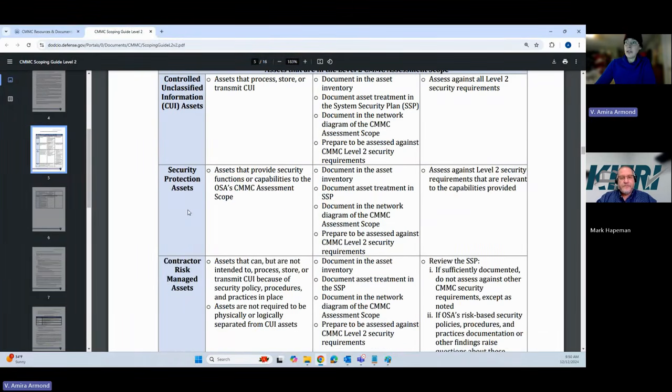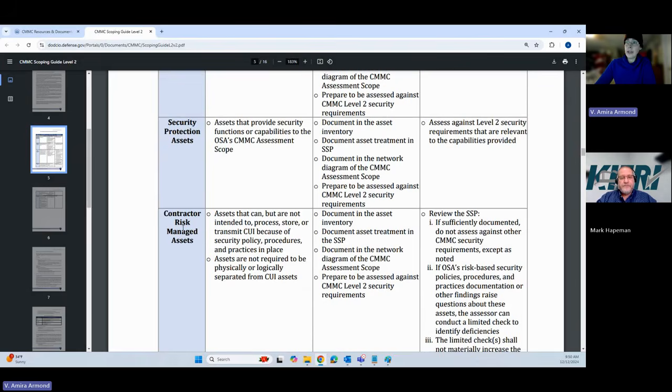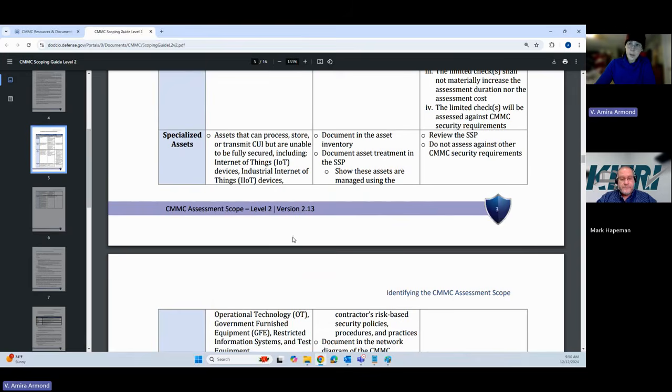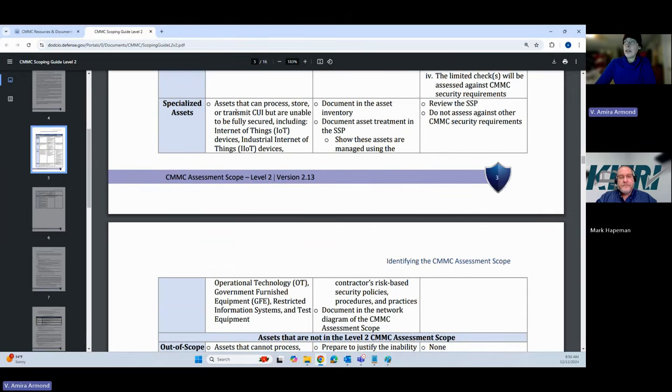We've gone through each of these different categories of assets, and now we're down to specialized assets. Specialized assets are defined as assets that can process, store, or transmit CUI but are unable to be fully secured, including the following categories. I'm not a lawyer, but in general, when we see "including" in a legal document, it means here are the things.